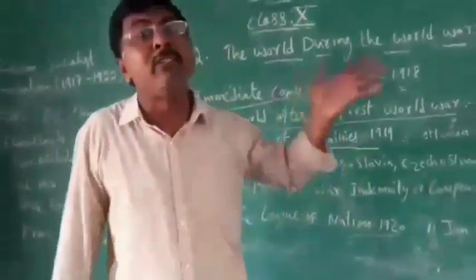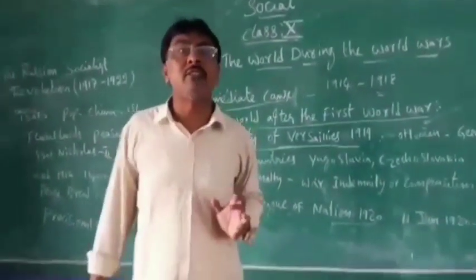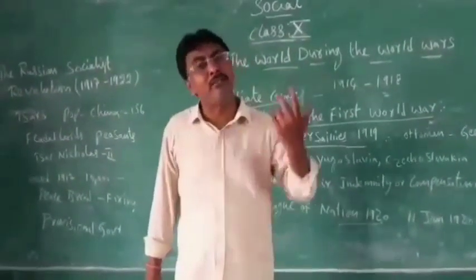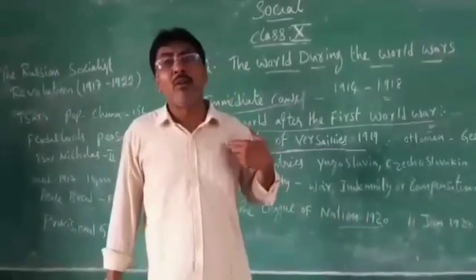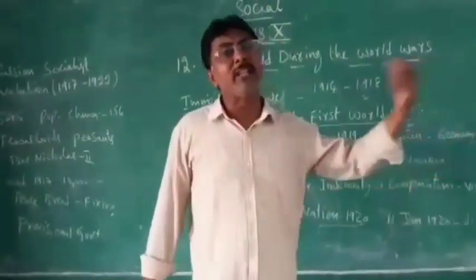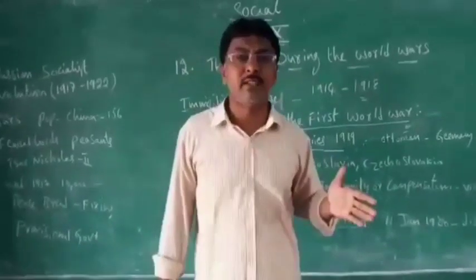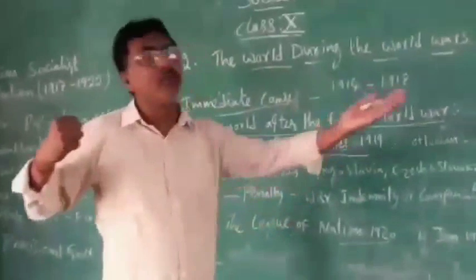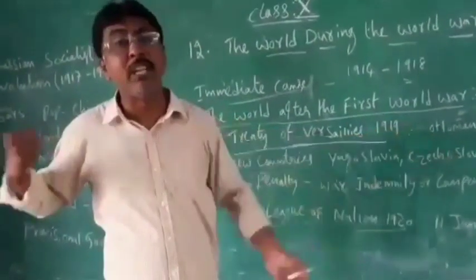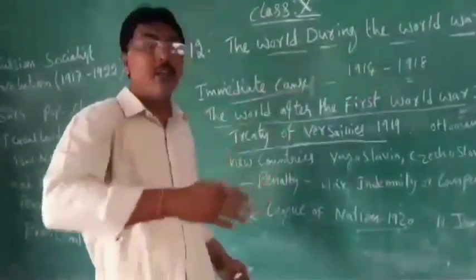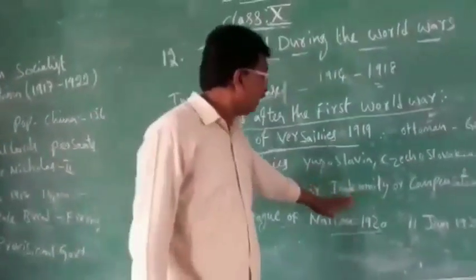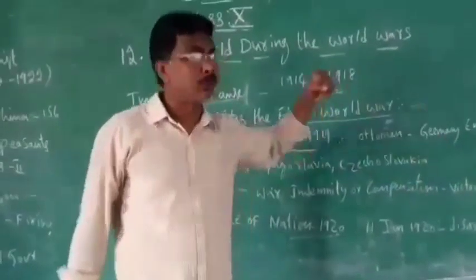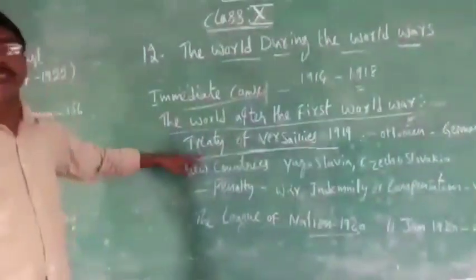That's why Germany was angry again. At that time Hitler was there. Germany was angry again at these powers. All countries became one and they gave punishment to me, so that's why he was angry. So the Treaty of Versailles is nothing but all European nations becoming one and giving punishment to Germany. That is harsh treatment given to Germany, like penalty, war indemnity, compensation, everything, and territories also. That is the reason the Treaty of Versailles was established.